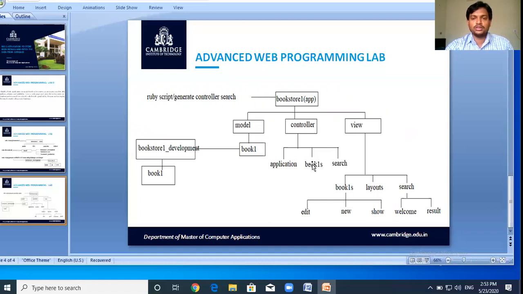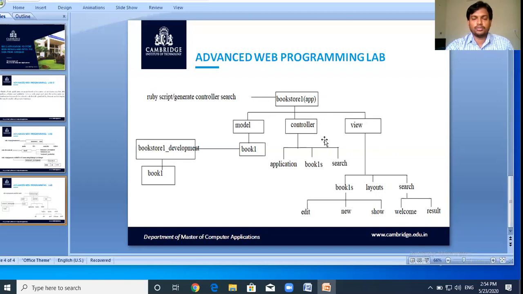Now this controller will communicate with the table book1 of the model, which in turn will communicate with the database. So the controller will interact with the database using the model class, and the controller will interact with the user by using view pages.